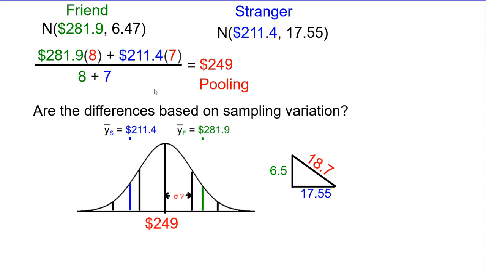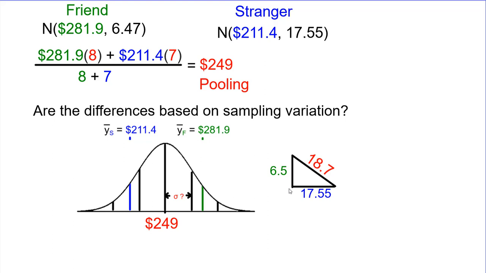So if they were the same and it was 290, then one of those samples was low, what we'd offer a stranger. One of the samples would have been high that we offered a friend. Could those both have just occurred by chance? And that's the question we're trying to answer. So what we need is a sampling distribution model for the sum of the two